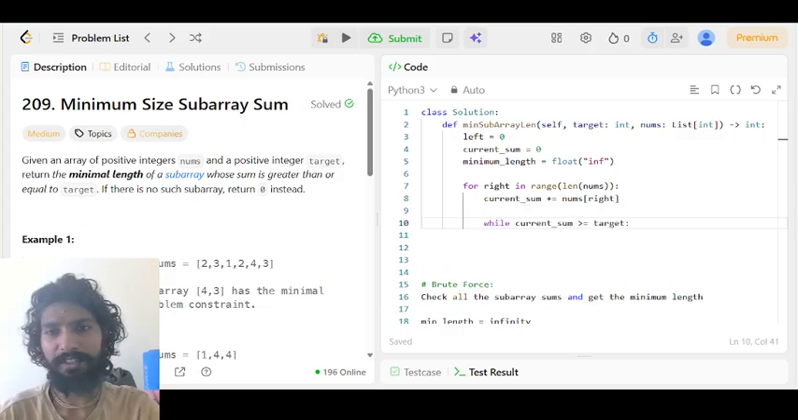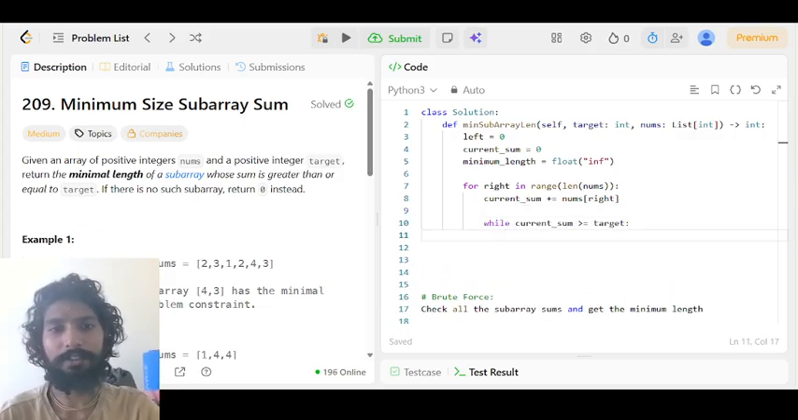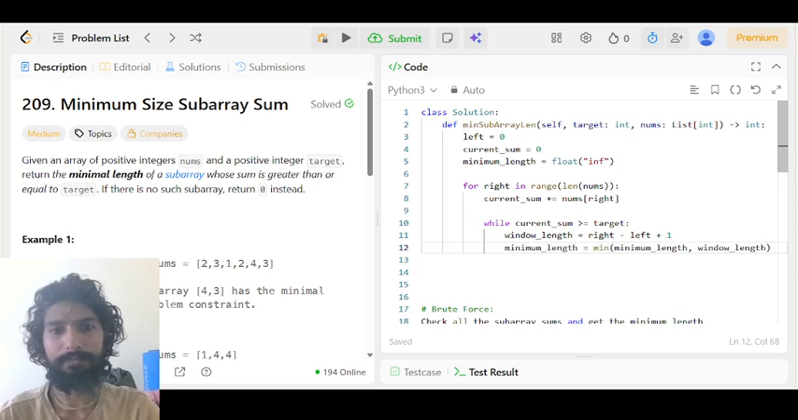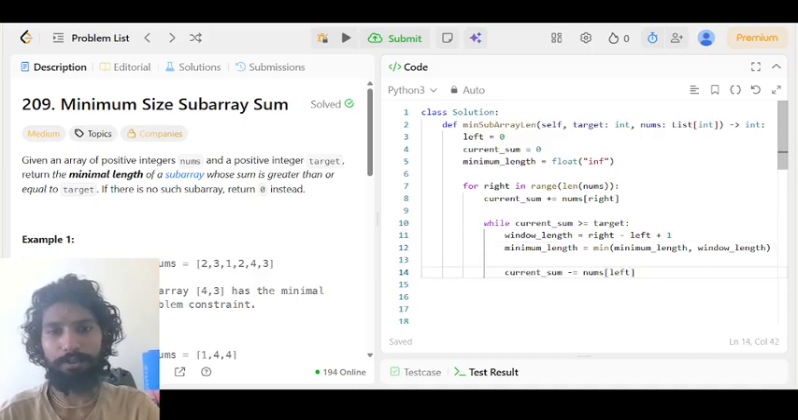There will come a time when current sum is greater than or equal to target, and then we run a while loop. We calculate window length and update min length. Then we move left by 1 unit. So for that we do current sum minus equals nums left and left plus equals 1. Then finally we return